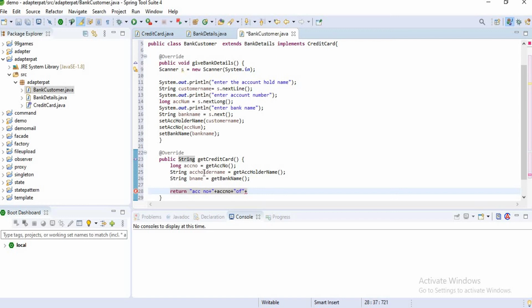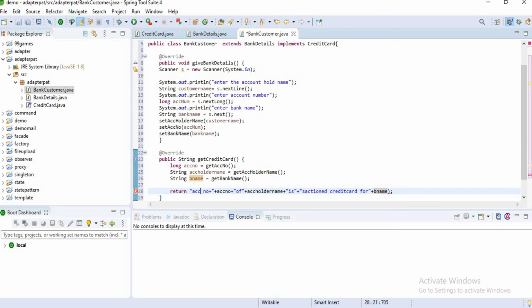Account holder name is sanctioned credit card for bank name. Okay, guys, now I want to return this one.